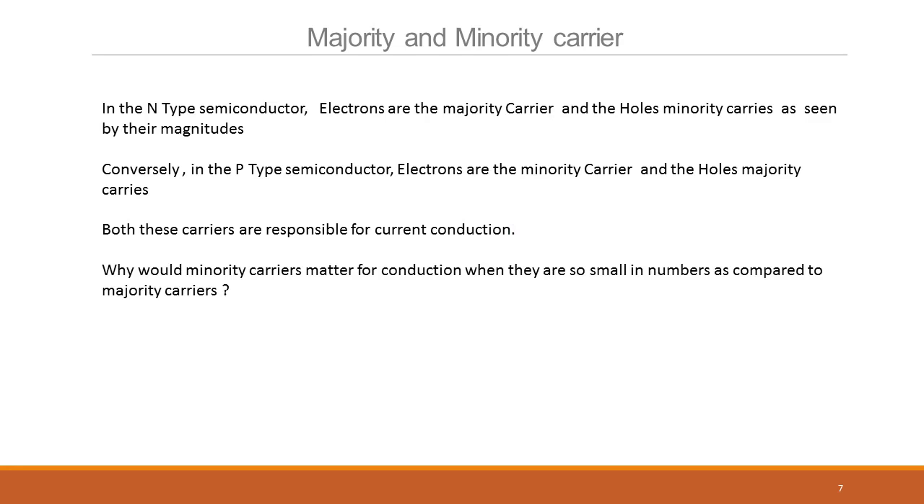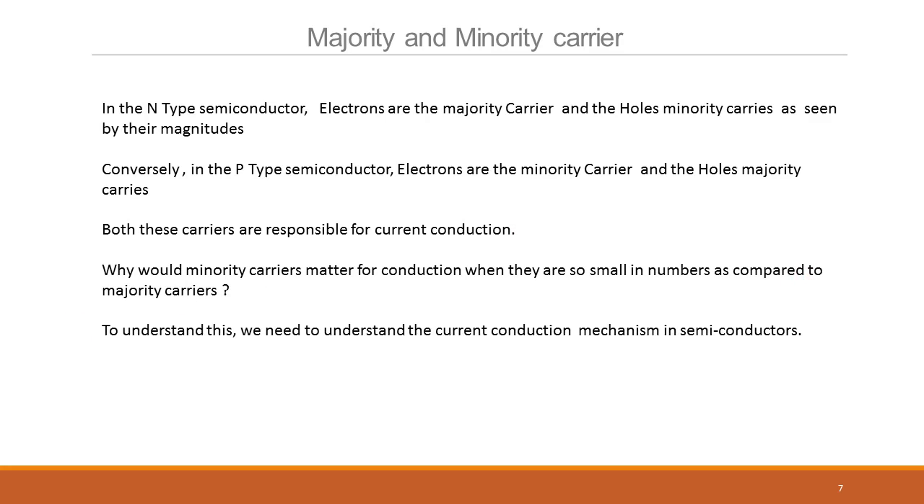Why would minority carriers matter for conduction when they are so small in number compared to majority carriers? You might as well say they are so small, why bother about them? To understand this, we need to understand the current conduction mechanism in semiconductors, which will be the topic of the next